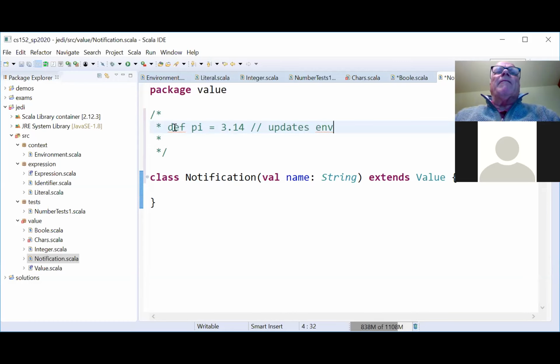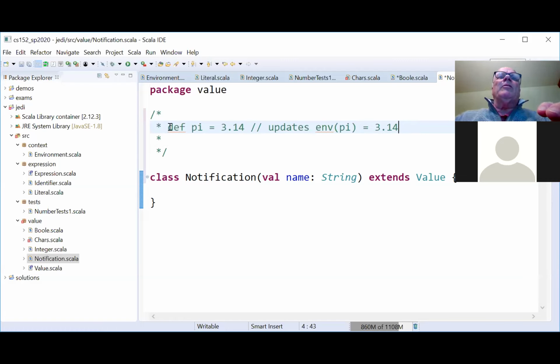We haven't done def yet. It's a special form declaration. As we get to that in Jedi 1, that updates the environment. So it's put in the environment. You know, basically it does this. Right, so it sticks a new row in the environment. So that is something that you don't get to see.